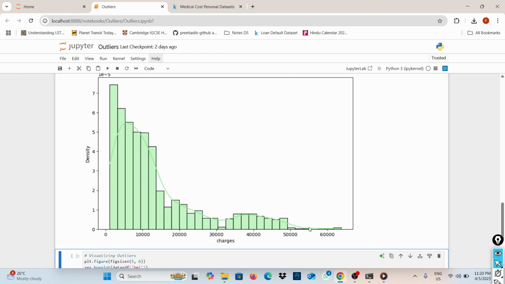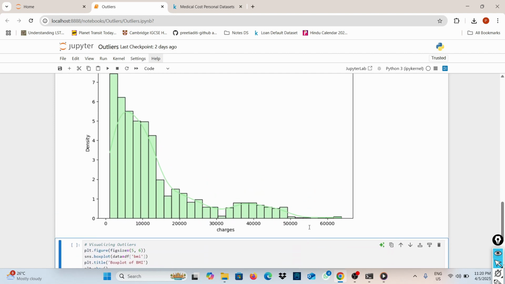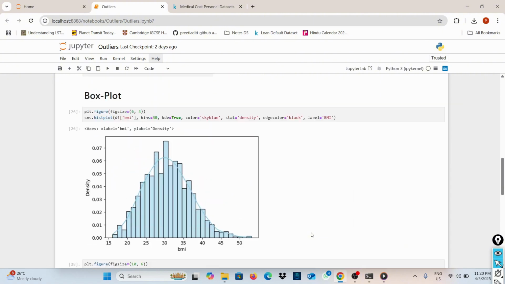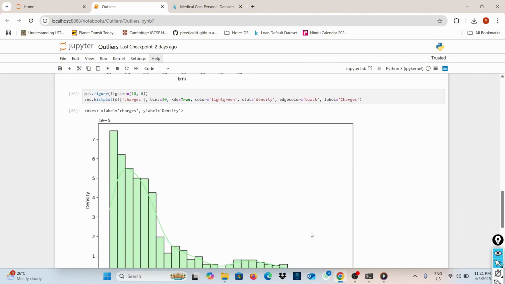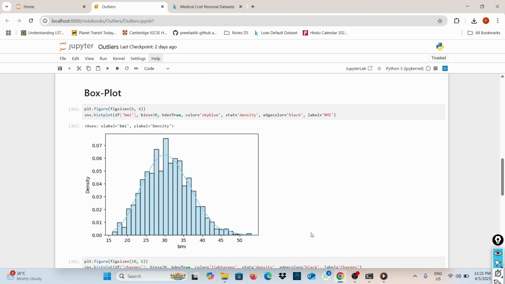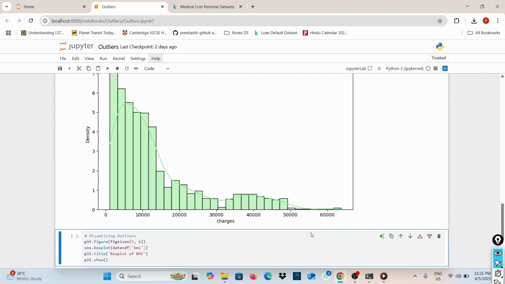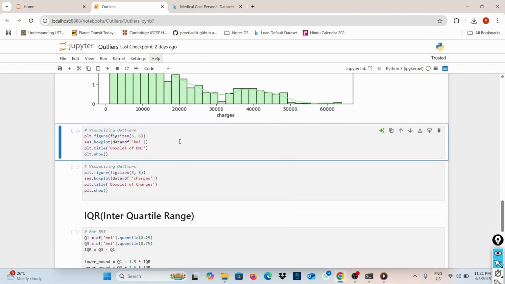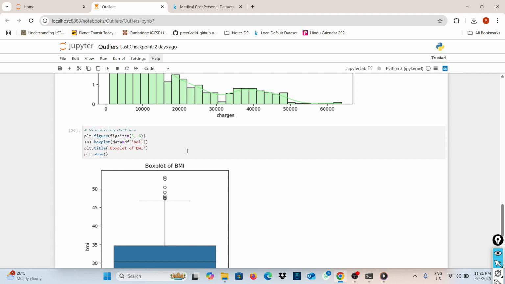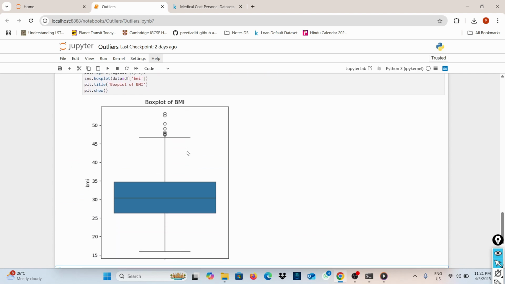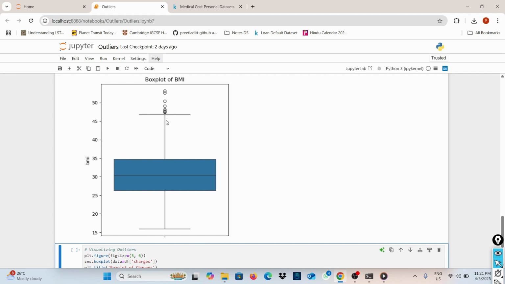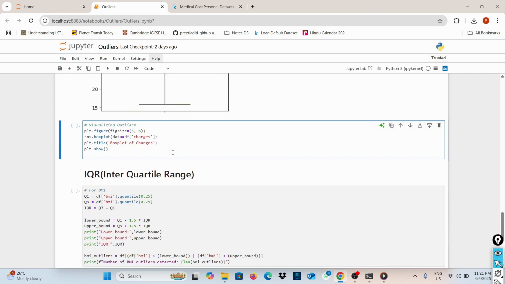Now, coming back to the point, from the histogram of both BMI and charges, I can say that BMI follows a normal distribution and it may have some outliers, and charges are right skewed, but a lot of values are lying on the right side and they have outliers. So the box plot will give a clear view. Yes, the box plot is giving a clear picture that BMI has outliers and so do the charges.